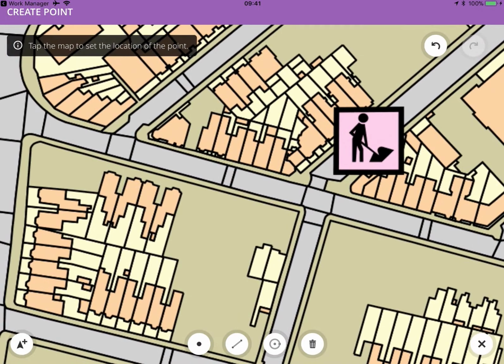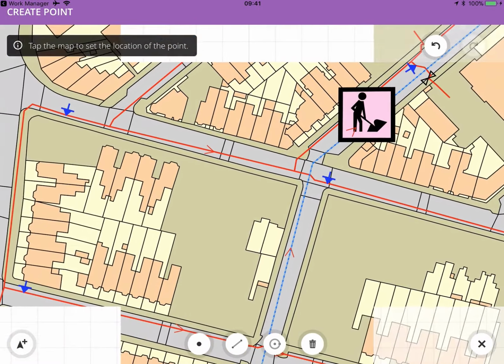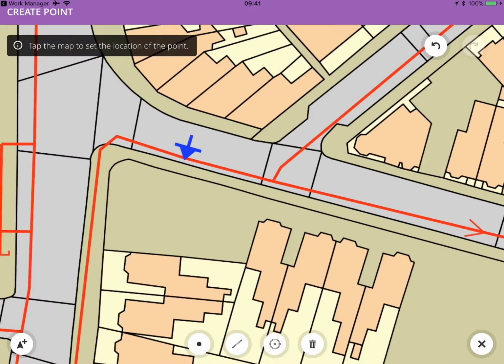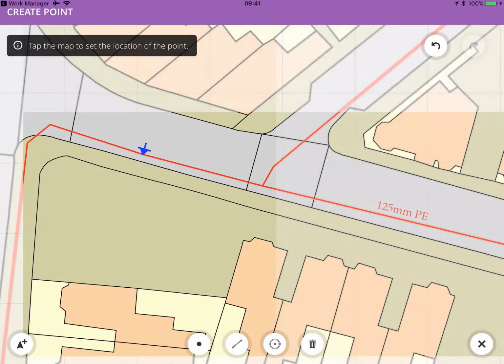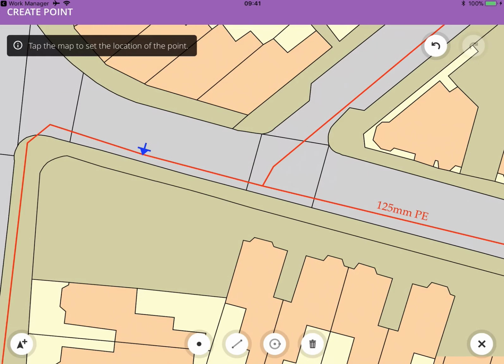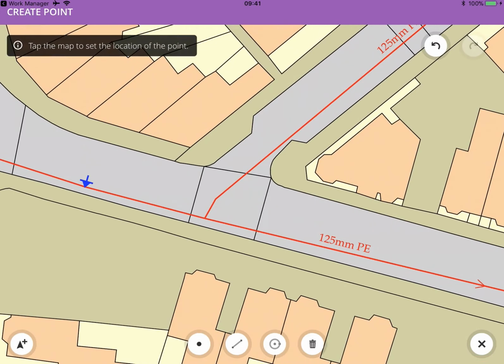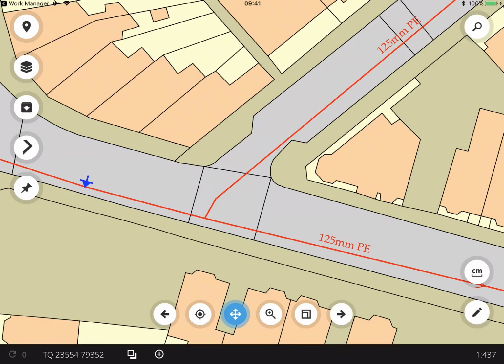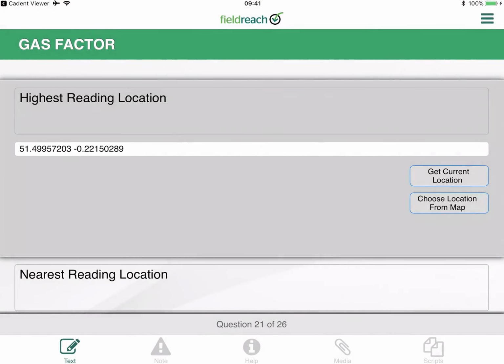And let's zoom in on this pipe area here. Okay, so I think I'll just choose the point where these 2 125mm PE pipes intersect. So I'm just going to click at that point there, and that embeds that data into that question in the form. I could also be having the map interacting, as far as data capture is concerned, with say a gas sniffing device, if that's where I wanted to get the reading from,